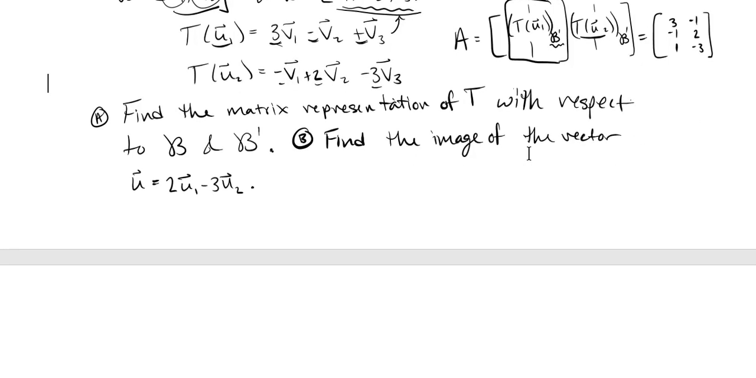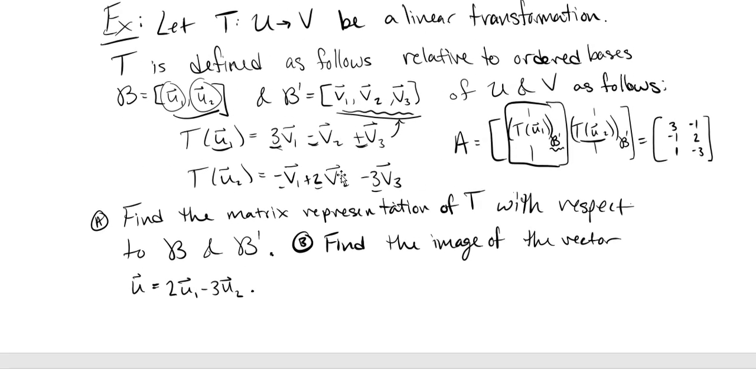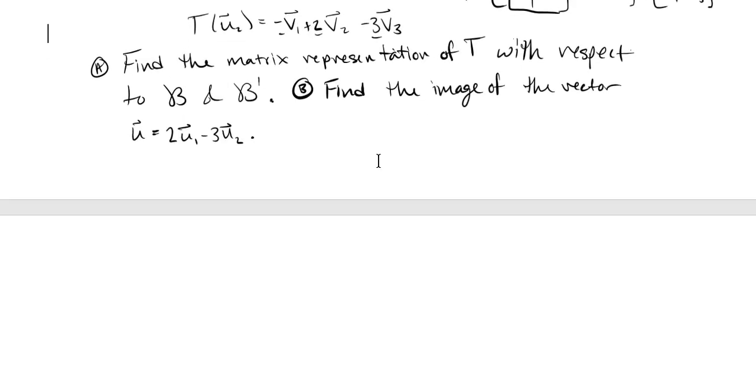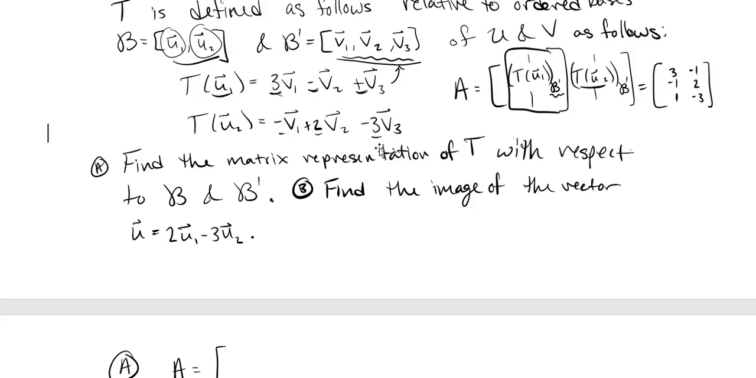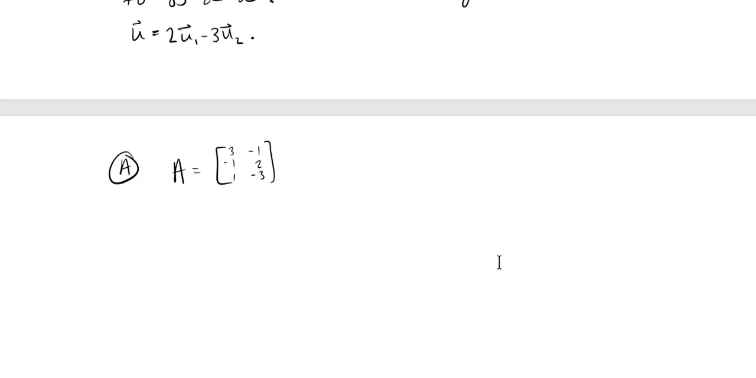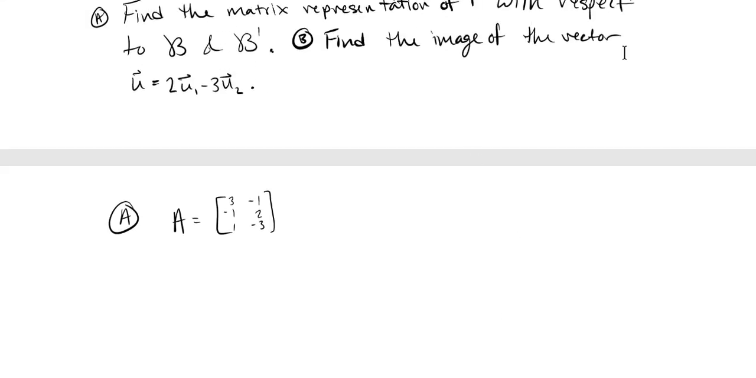Okay, now let's find the image of this vector expressed in terms of the domain basis, u1, u2. So I'll say that was my part A. I'll even sum it up here. The matrix we came up with is 3, -1, 1, and -1, 2, -3. Okay, almost off the page there. So now we're saying we want to find the image of the vector u under this transformation. Well, that should be easy now,